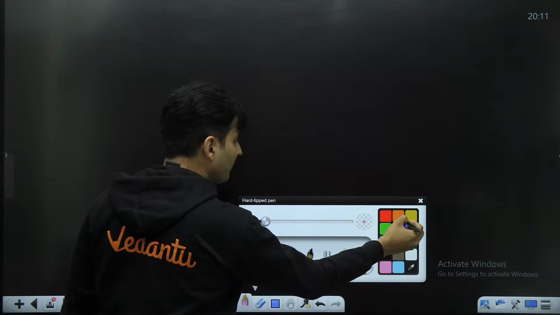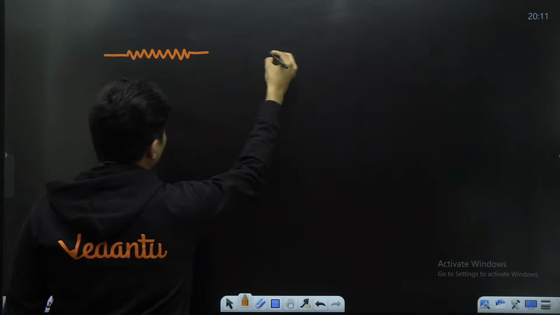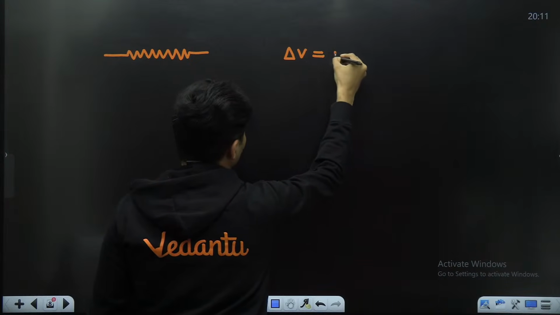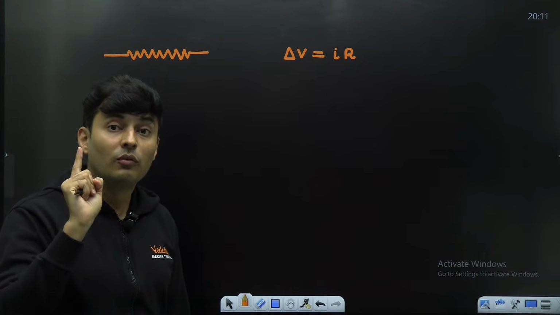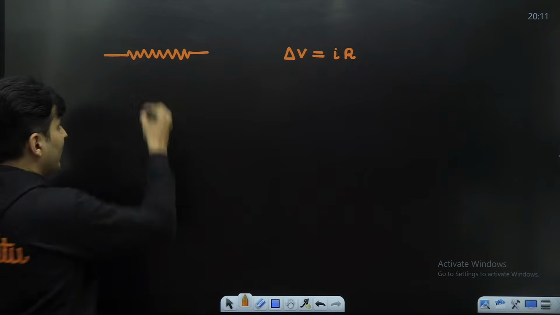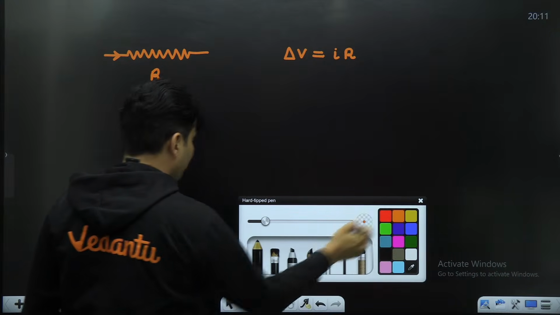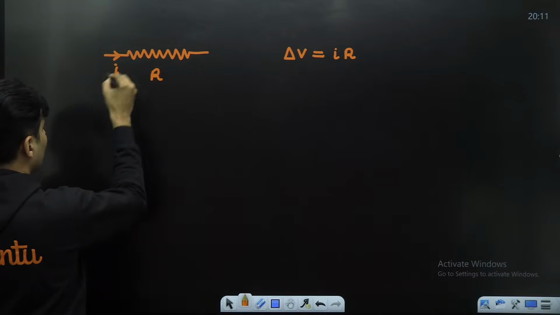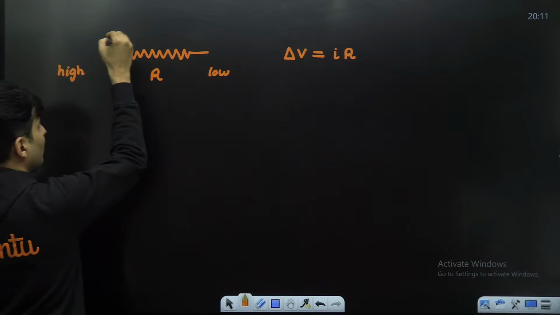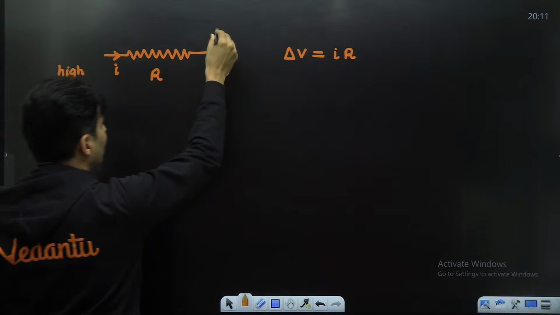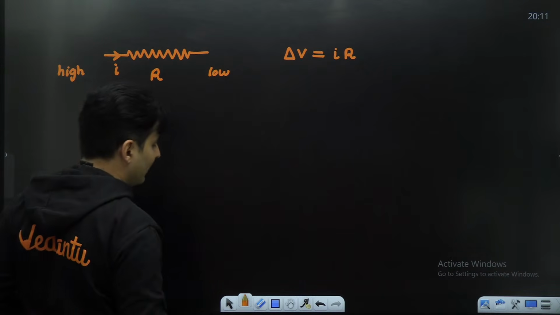See, let me tell you. If you talk about a resistor, then we say that the voltage drop across the resistor using Ohm's law is IR. When I say V is IR, please understand it is always the voltage drop which is IR. But what do I exactly mean by it? See, always the current across a resistor goes from high potential to low potential. So if this is 7 volts, this will be 2 volts. If this is 10 volts, this might be 3 volts. So high to low. So there is a difference of voltage between the two ends of a resistor,